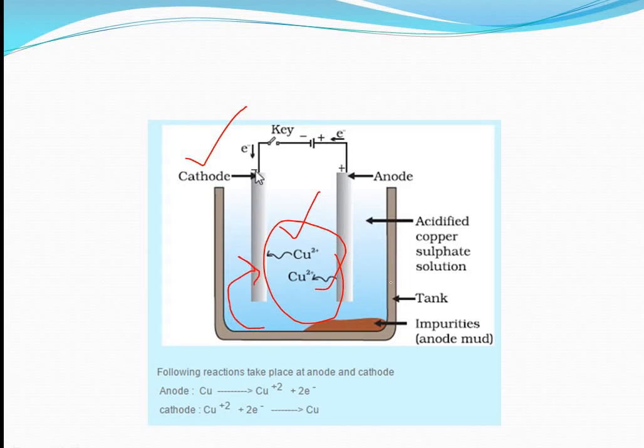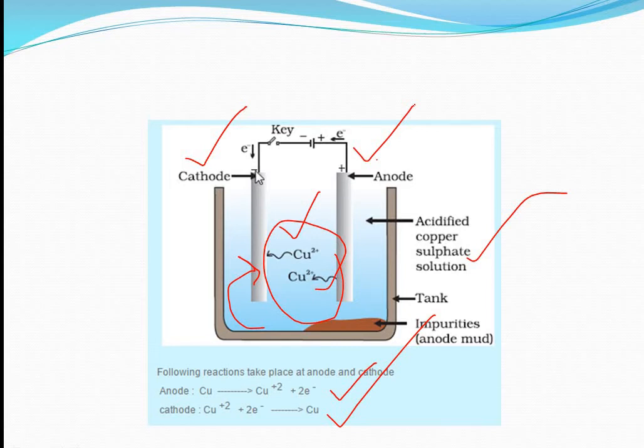Okay, and the aqueous solution used is the copper sulfate electrolytic solution in the tank, and these are the reactions given at the anode and the cathode. In the upper portion there is a source of electricity and the circuit for the electricity. So that is the diagram showing it. With this example we are completing all the examples of electrolysis that are part of your syllabus.